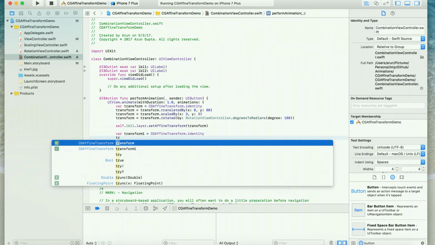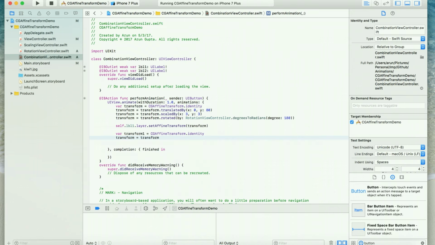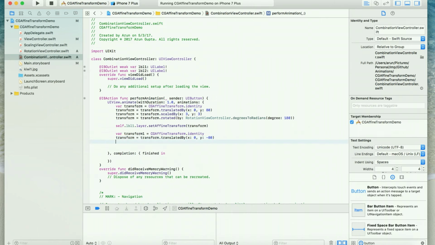Then I'll say transform dot translated by -80 so that it moves to the master's position. This is for chef. It should decrease its y coordinate for transformation. Transform 1, it will be transform 1, sorry, right? Then